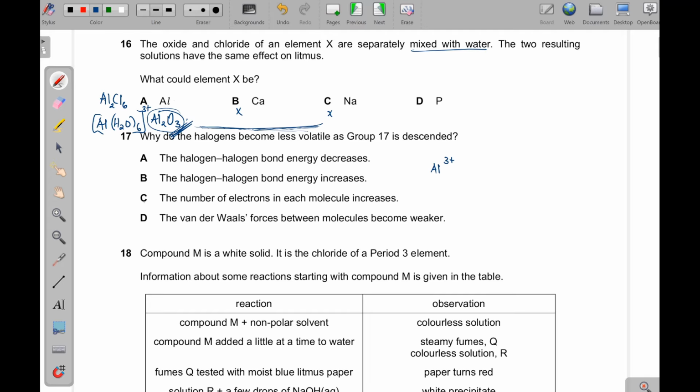So it is able to cause a molecule of water here to lose a hydrogen. Remember, this oxygen is partially negative because it tends to pull the bonding electrons towards itself. It is electronegative. Then these hydrogens tend to lose the electrons. So this strong attraction makes one of the hydrogens to be lost. So in doing so, you will find that aluminium